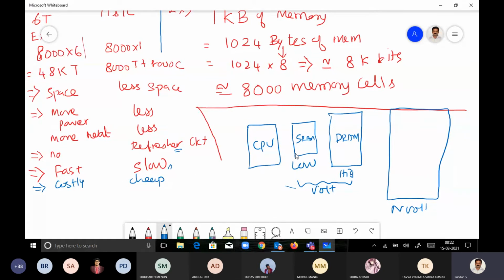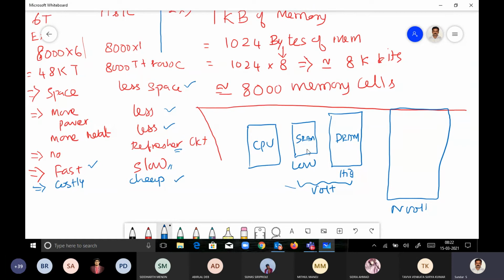So we are using a low capacity of static RAM to get some benefits, like it's fast, and dynamic RAM to get the benefit of dynamic RAM. It has more advantages. It occupies less space, it develops less heat, it consumes less power, and compared to static RAM, it's very cheap. So we want to utilize the benefits of both, and we are including both in our architecture.